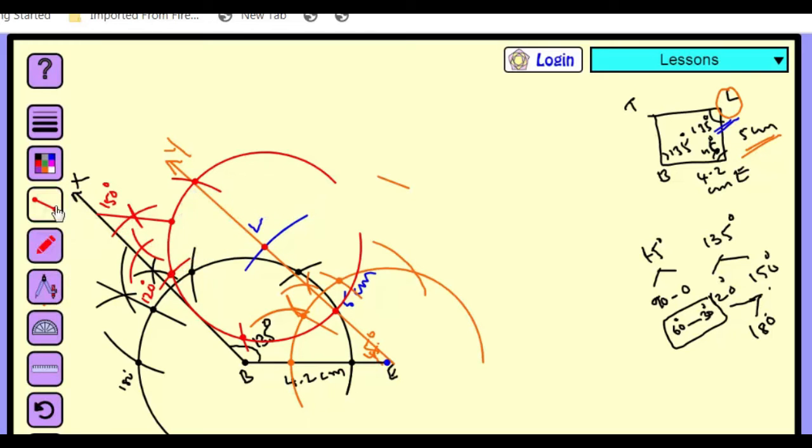Now remove the scale and draw a ray from point L through this 135 degrees. Draw a ray LZ. Mark that as LZ. See, now this angle L shows the 135 degrees. So it is the required construction of the quadrilateral. And here mark the point. So now these two rays are intersecting here. Now this is indicating point T.